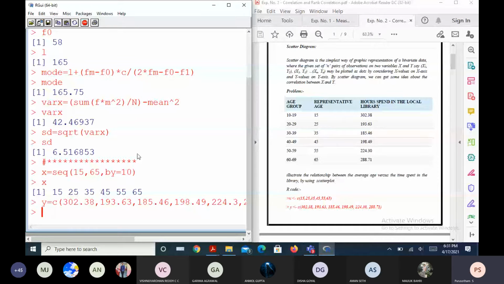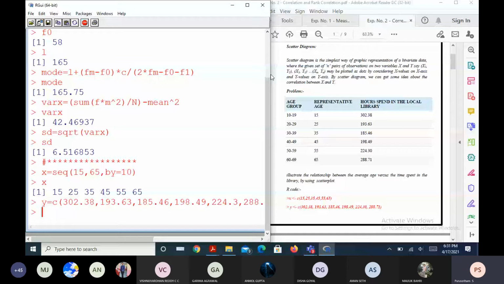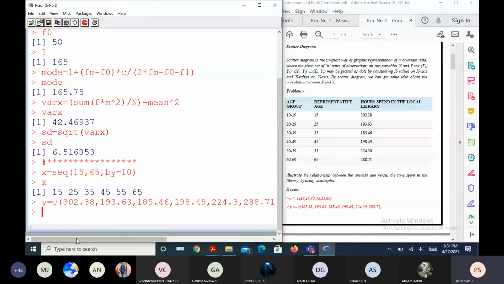Now, what I have done is I added the X, the data representing the age groups, and this is the data representing the hours spent in the local library. So do you think that there is some association between the age groups and the time spent in the local library?